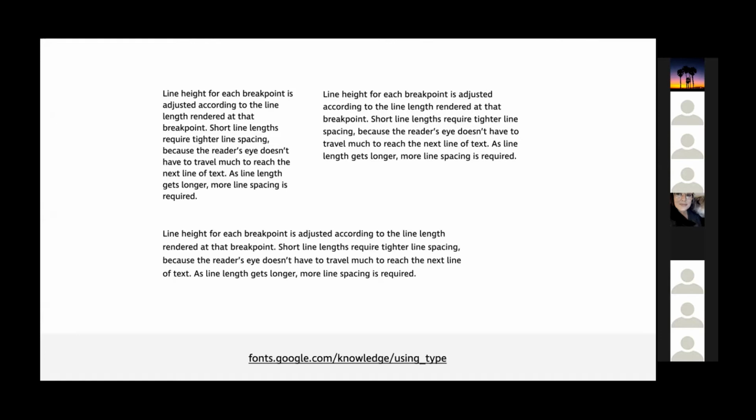The shorter the line, the tighter line spacing has to be, because we by now have trained everyone and their dog to space out the lines, especially on the flexible full width page. But when you go tighter, you should also reduce that density as well. The reason for that is if you leave it too spacious on a mobile screen, you almost get an effect of a bulleted item list without bullets, right? The space between lines gets so big that it almost feels that every line is its separate item. You don't get that running text